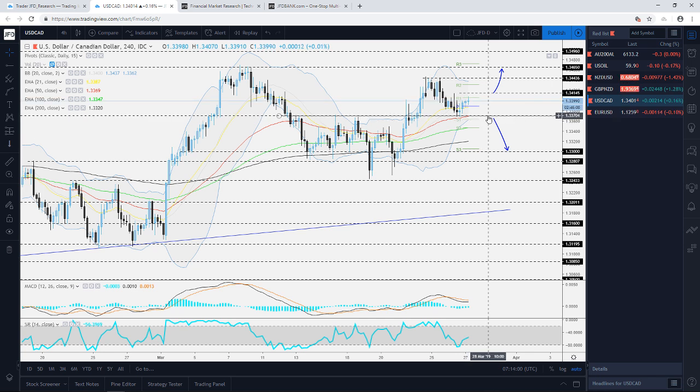A drop below the 133.70 could lead towards further declines here, but a push above the 134.15 area, this is where it could become exciting for the bulls, and we could see a push back towards the 134.45 area, approximately there, marked near the highs of Monday. But if those fail to hold, then the next target here is around the highs of the 8th of March, near 134.65 or 70. You could round it up if you wanted, but that's basically the area that we're going to be targeting if we see a push above the 134.15.